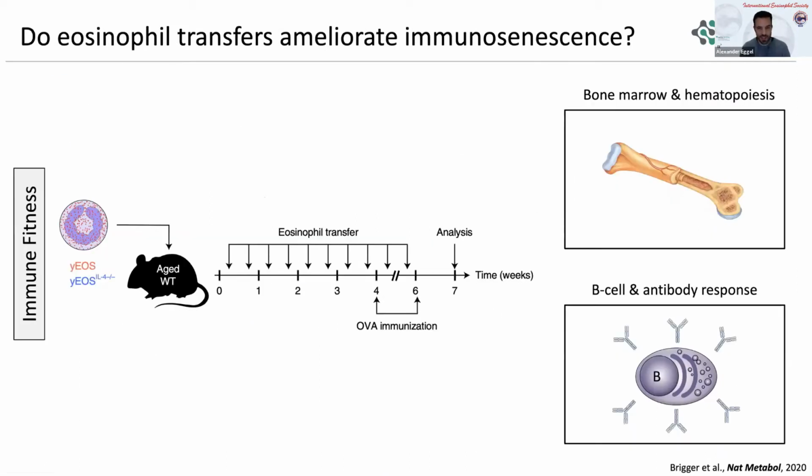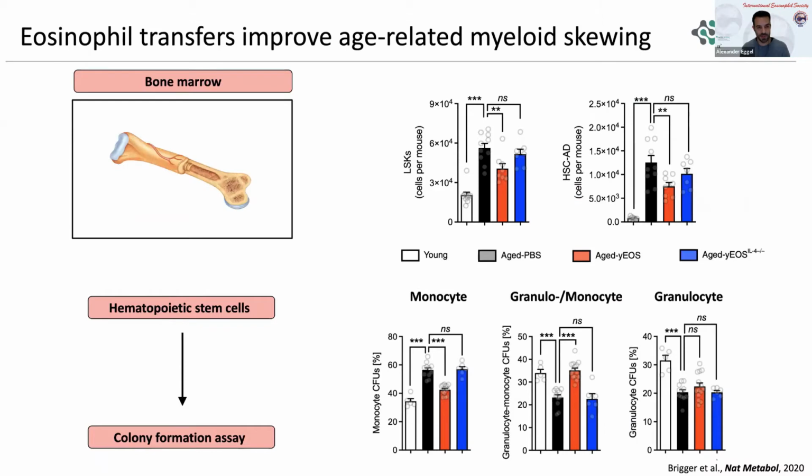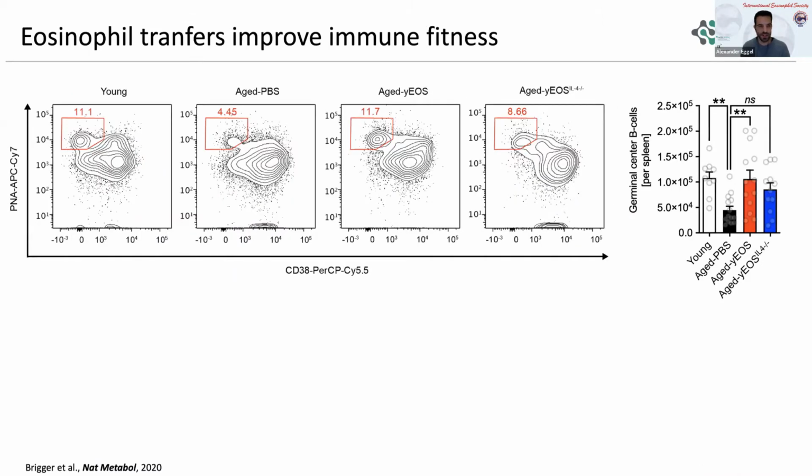As a last thing, I would like to show you some data on immunosenescence, or immune fitness. Here we additionally introduced an ovalbumin immunization, and we assessed the hematopoietic potential of the bone marrow cells, as well as quantified the B cell and antibody response upon immunization. For time's sake, because I'm running out of time, I'm going to skip the hematopoietic potential part here, but